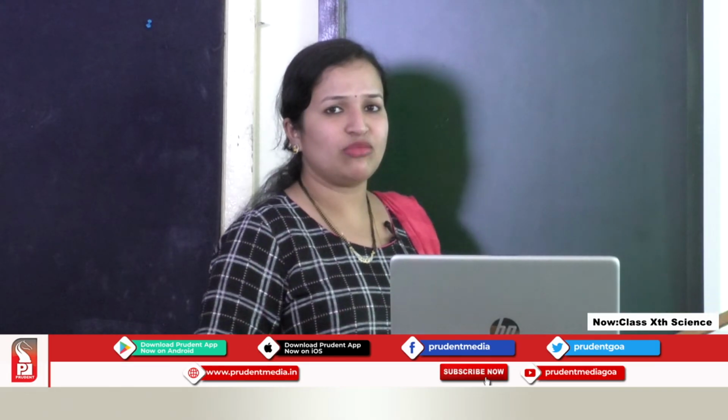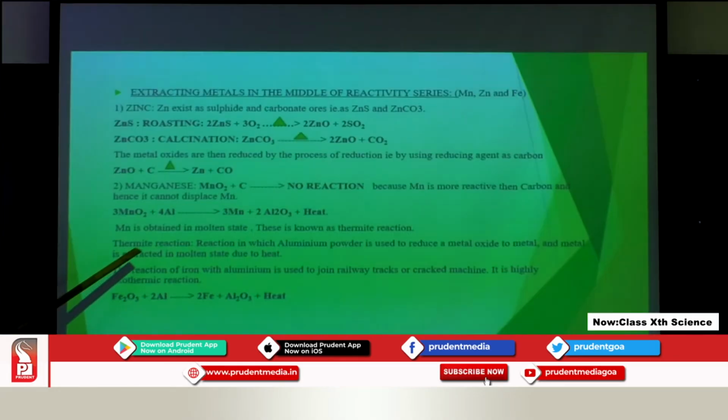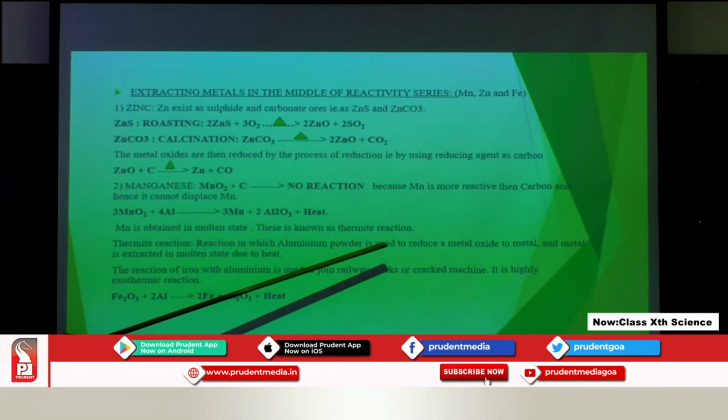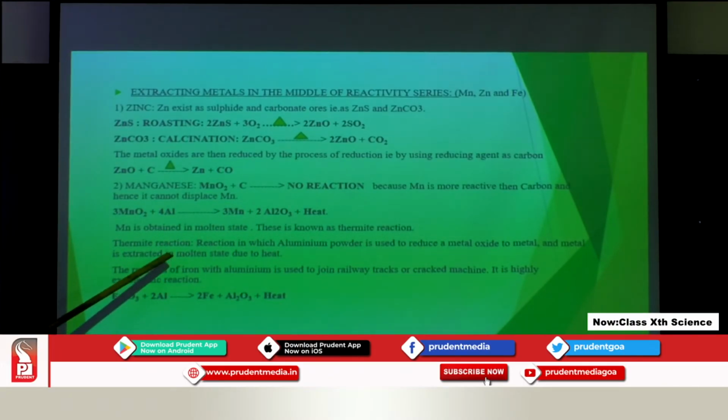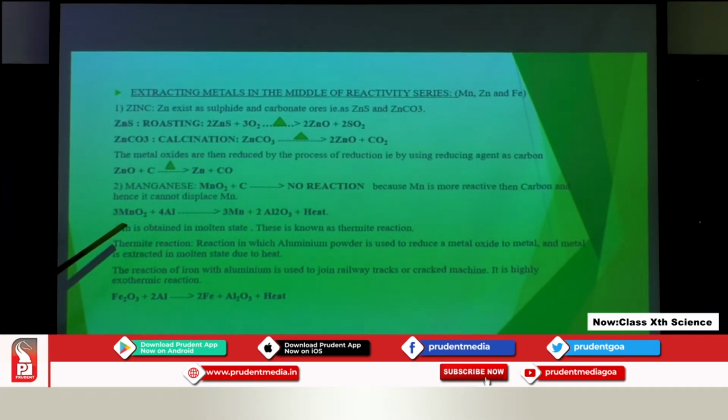Reduction, oxidation, both things are taking place in one reaction. Now, the remaining part, let me read. And metal is extracted in molten state due to liberation of heat. So, this is the thermite reaction. So, this reaction of aluminium can, if it reacts with iron oxide in this manner, we have seen the ore